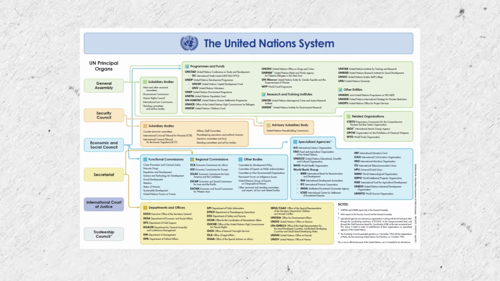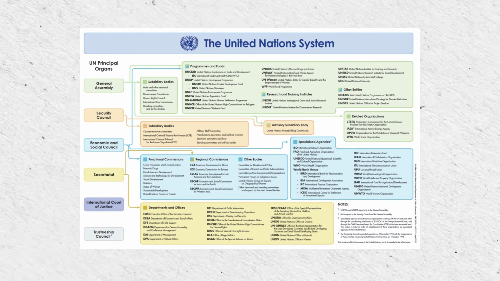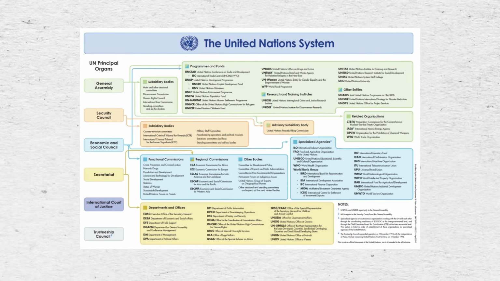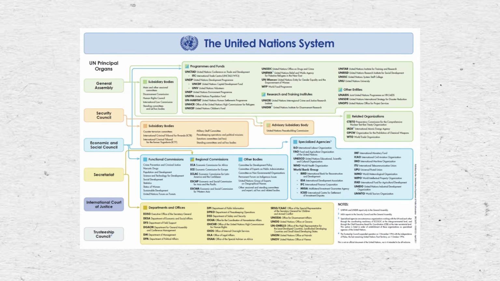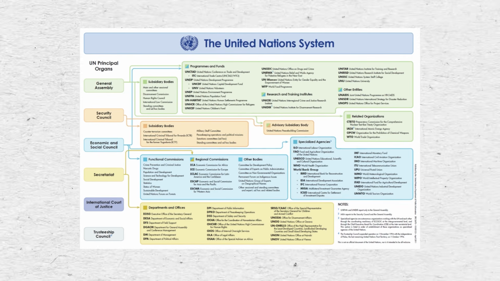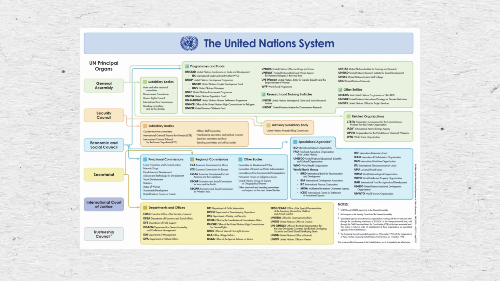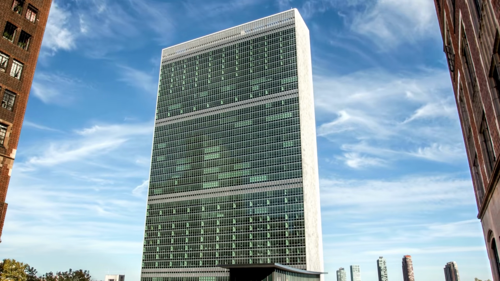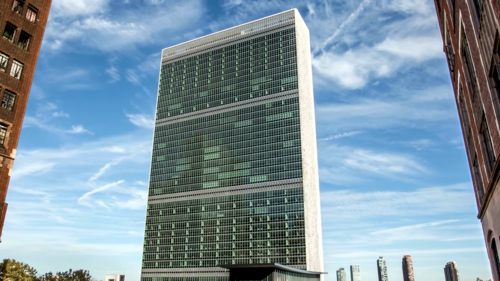Each organization has its own history, rules, management, and activities, and can be evaluated individually. For example, there is rich literature that evaluates the UN's activities in human rights, the environment, sustainable development, and global health. So in this video, we saw that the United Nations network of organizations goes beyond its 6 main organs, it's vast and diverse, and plays a crucial role in addressing a range of international issues.